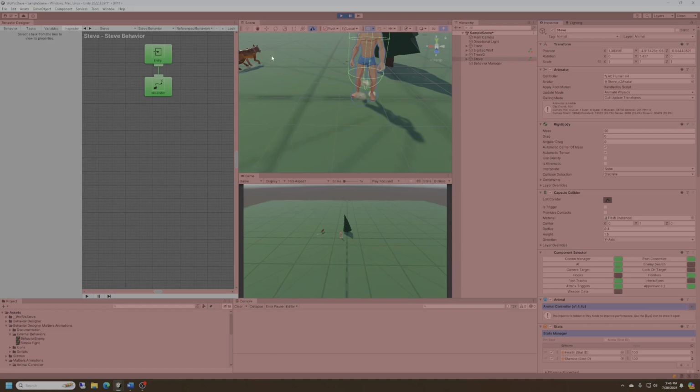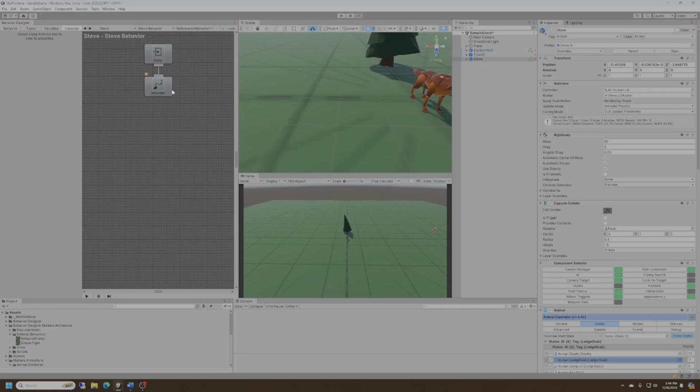So when the wolf looks, he doesn't see Steve at all because he may see feet, but he's actually trying to look for the capsule collider. There's two ways to solve this. First way is just to lower the capsule collider. I don't want to change the functionality of Malbers Animations. So the other solution is to